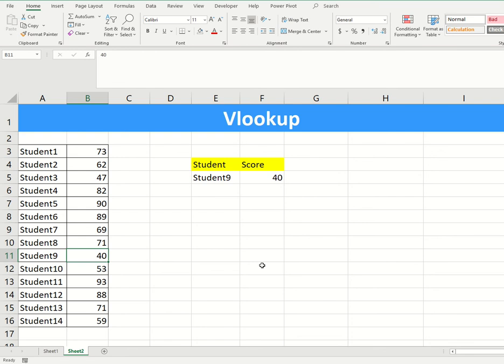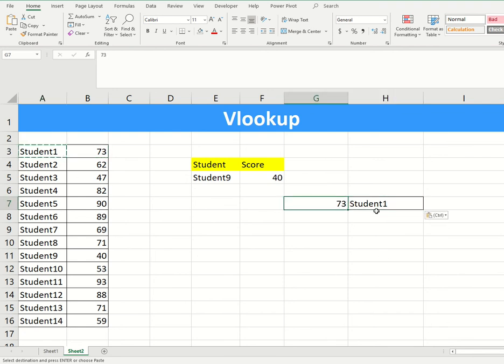But there is one limitation with this formula. What is that limitation? The limitation of the VLOOKUP formula is, let's say you have data reversed to this: first you have marks, and then you have the student name.